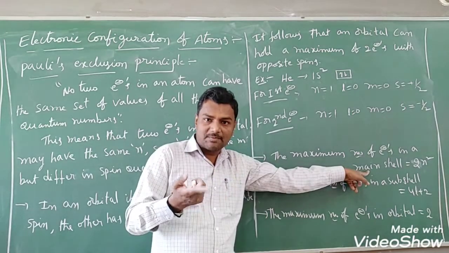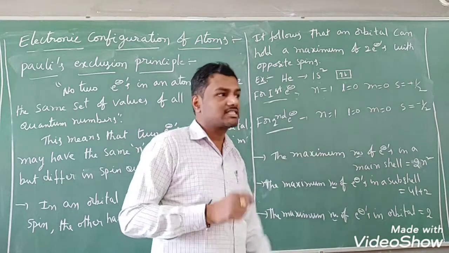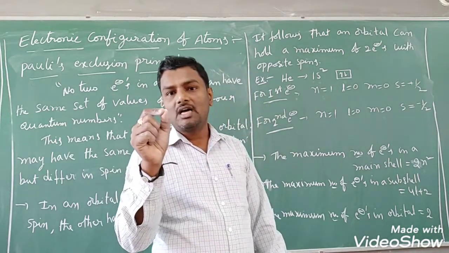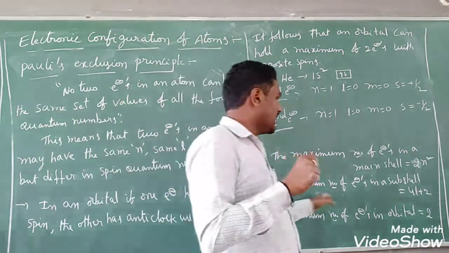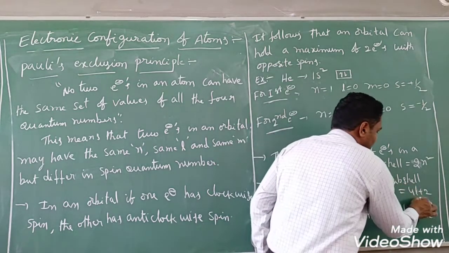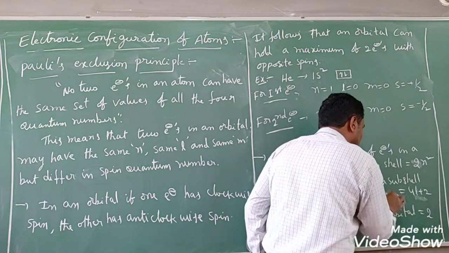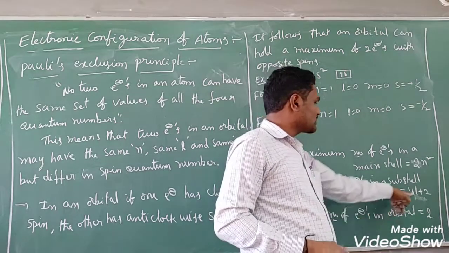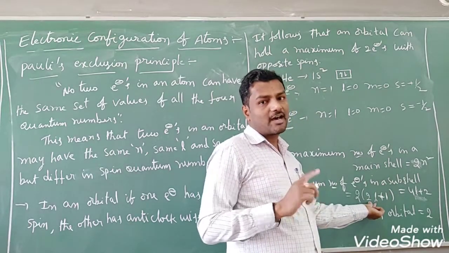And this is main shell. Next category is what? Subshell. Next orbital. So the maximum number of electrons in a subshell, how do we calculate? Subshell is denoted by l, right? The azimuthal quantum number defines the subshell or sublevel, right? So that's why here I have given you 4l plus 2. In some of the textbooks they write it like this also: 2 into (2l plus 1). Both are the same, students. If you multiply by 2, again you will get this only, 4l plus 2. Directly you can take it, or else some of the textbooks write it like this. Don't confuse, both the formulas are the same.